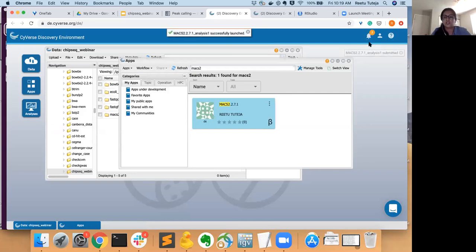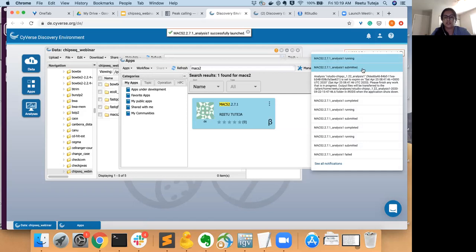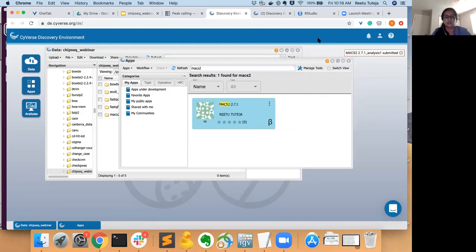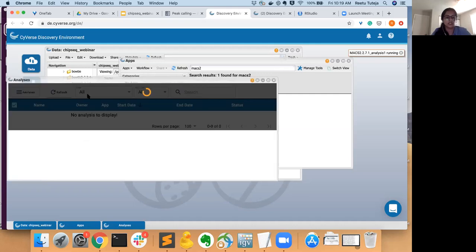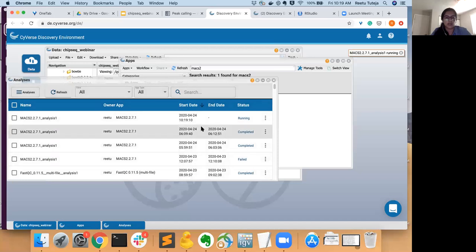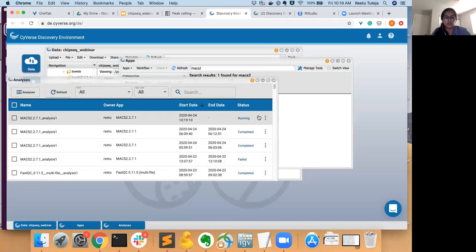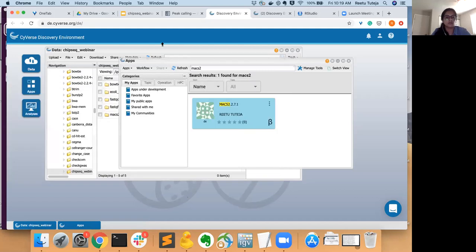Here in the notifications, you will receive a notification if your analysis is submitted and running, and then it will give you a notification when it's completed. It takes about 4 minutes to complete for the small data set. Then you click on the analysis tab here, and it will show you the status of your job. Since this is going to take about 4 minutes to run, I have some output files